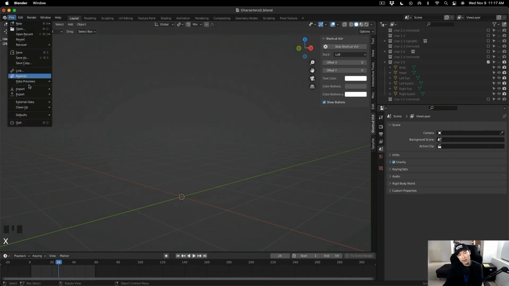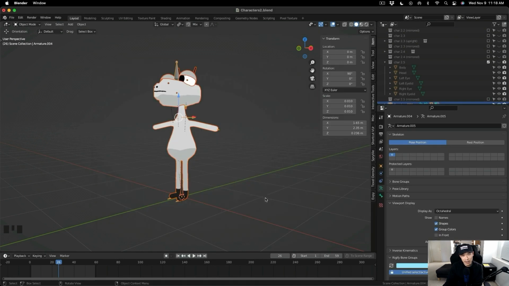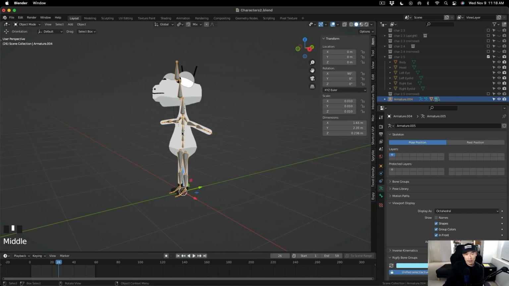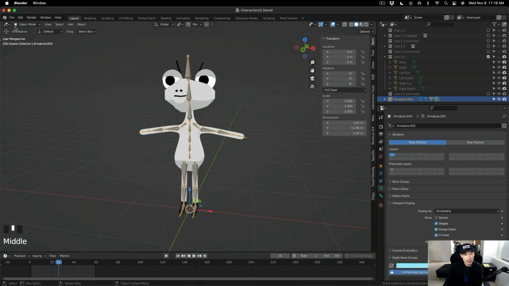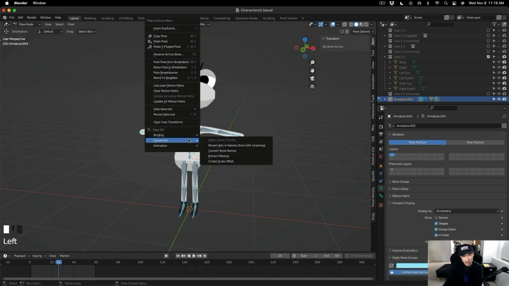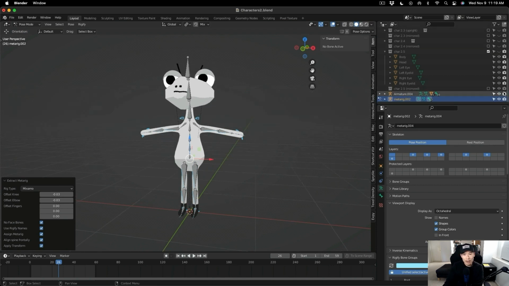Now we need to start from the beginning again and import the FBX back into Blender, and then check in front, and then we see the bones again. Now for this armature for character 2.5, make sure to apply all transforms. Select the armature, go into pose mode, right click, go to conversion in the Expy kit section of the add-on, click extract meta rig, select Mixamo for the rig type. You can set the offset to -0.03 and then hide the armature so that we can see the meta rig,